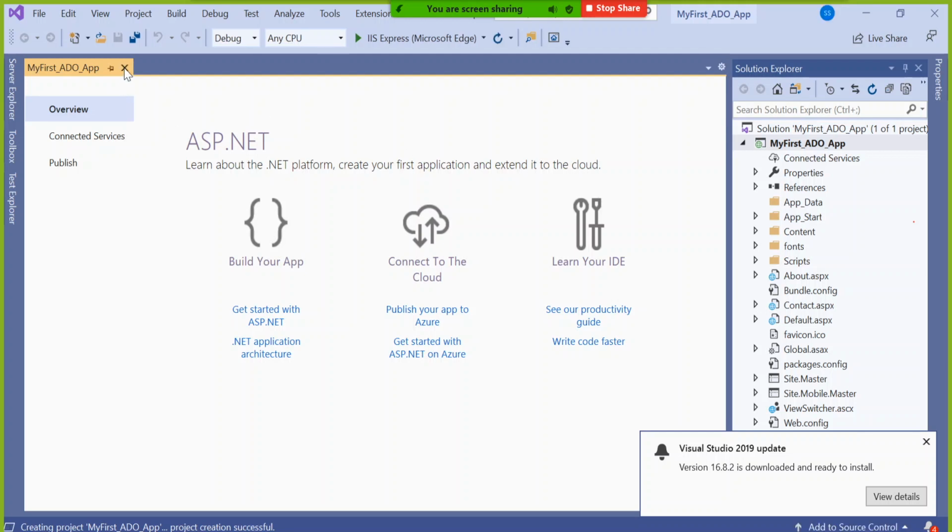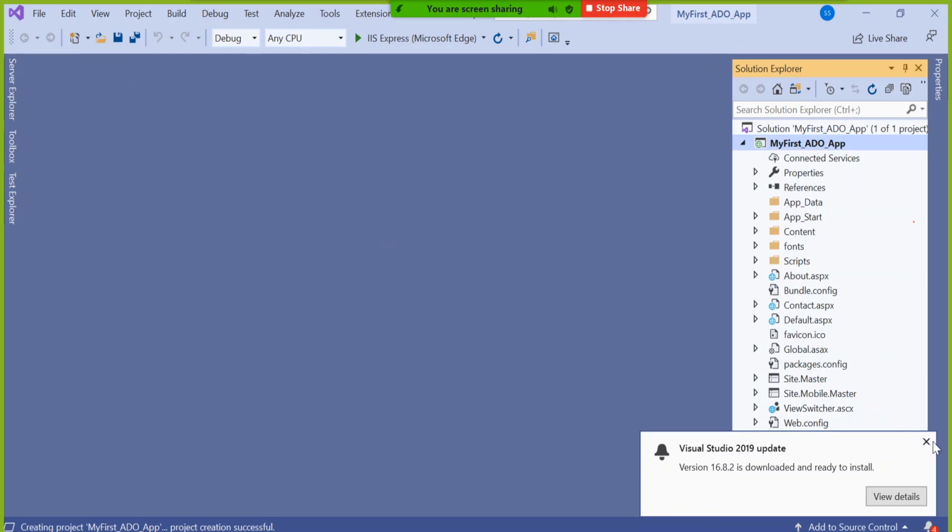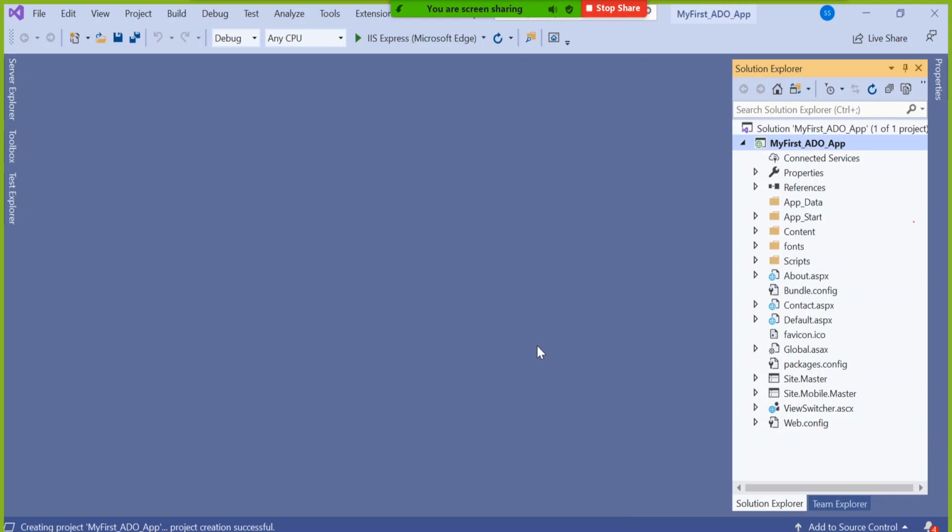That's why this is not that important, but for the sake of basic knowledge of ADO.NET, I'm just using it. At the same time, you will have one technology extra knowledge also. No need to say, sir, I cannot work in web form, I can only work in MVC. So you will have both the knowledges. Your scope will be increased. So come here.